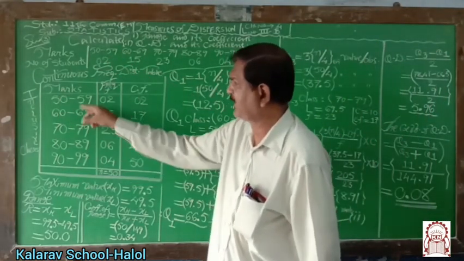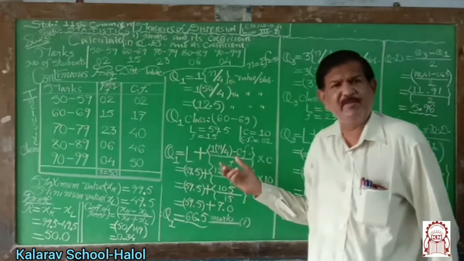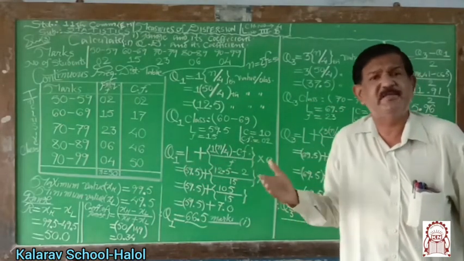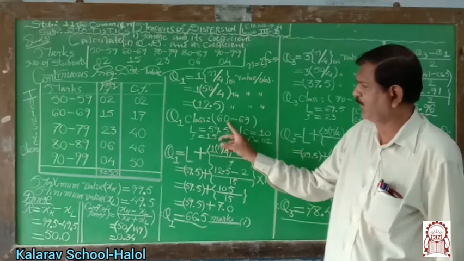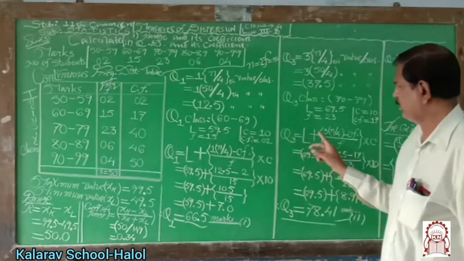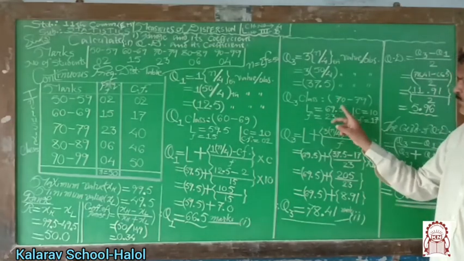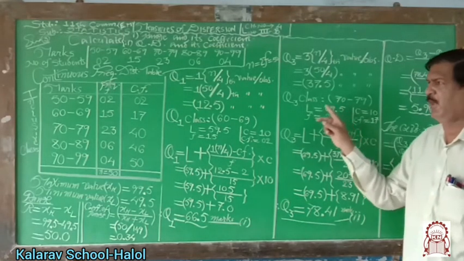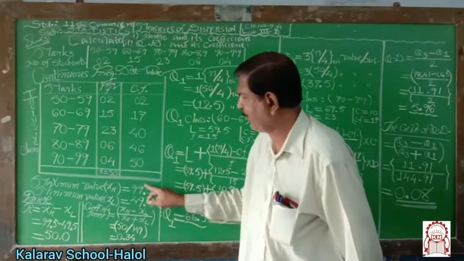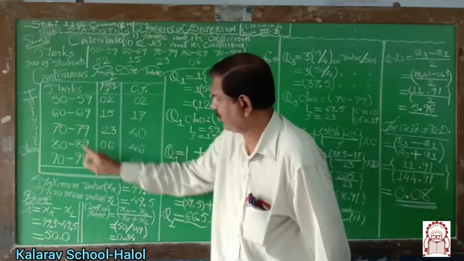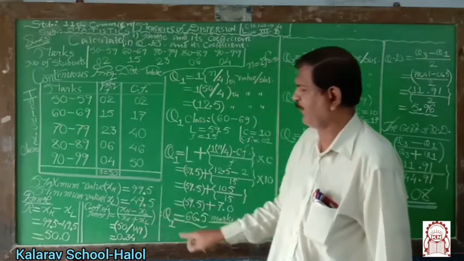This is a continuous type frequency distribution in which inclusive type classes are given. Therefore, these are the class limits, and while calculating the measures, take the limit points and not the limits. We subtracted 0.5 from this value, and that is why 59.5. Also we subtracted 0.5 from this value, therefore 69.5. In the same way, add 0.5 to this value, making 99.5, and subtract 0.5 from this value, hence the minimum value is 49.5.